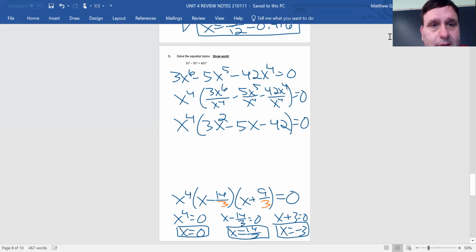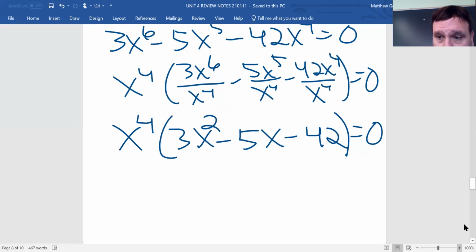Okay, welcome back. Question 5 has 3 solutions. So these polynomial equations, we're going to have one solution by factoring out the greatest common factor, which is always going to be 0. And then the 2 others, which are 14 over 3. This is a 3 and negative 3, so I'll fix that. Okay. So before I check it on the graph,